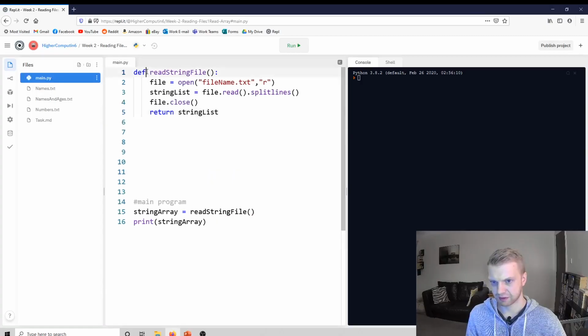And then we'll go to Python and paste it at the top. So we've got our subprograms at the top, main program at the bottom. And string array equals read string file, which is going to run, and it's going to return the string list to string array, and then it's just going to print it out. I haven't got any display methods or anything. We'll be doing that in the next task. So if you run it,